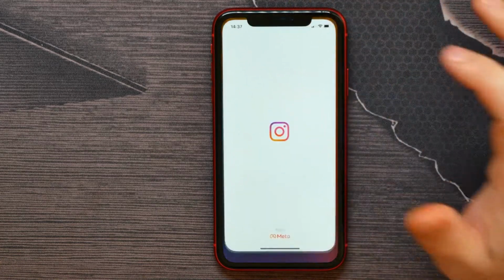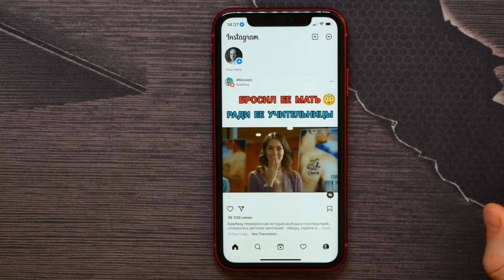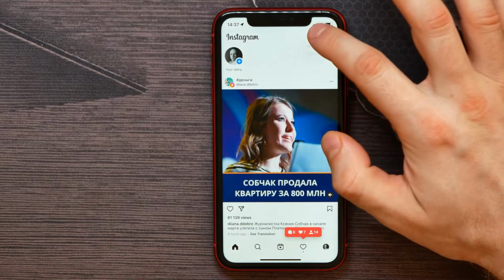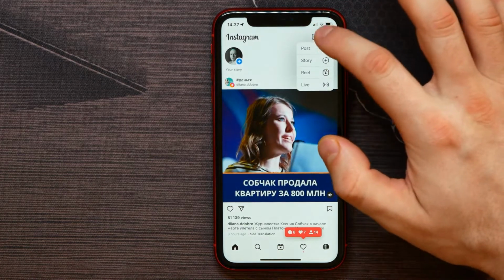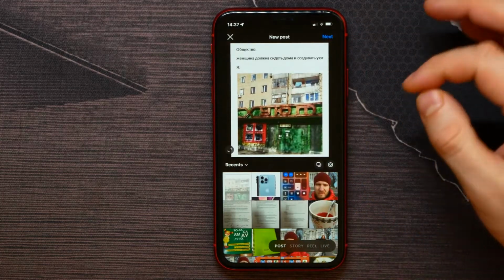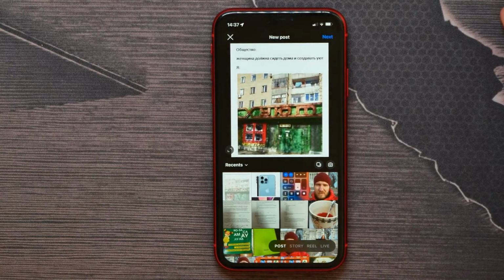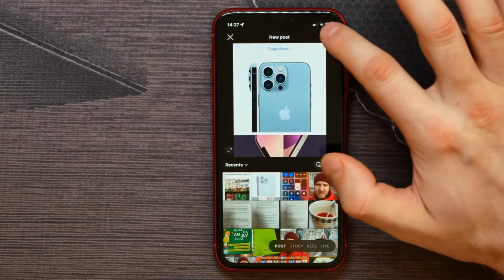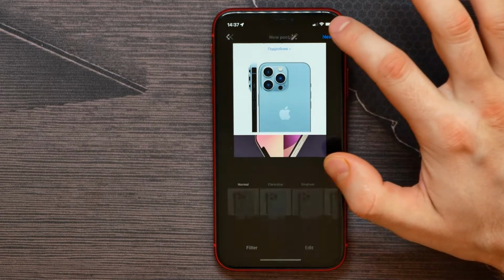First you need to open up Instagram and then start creating a post like you normally do. I tap on the plus icon, then I select the post option. Here I need to select any photo or video file, let it be that file. Tap next again,